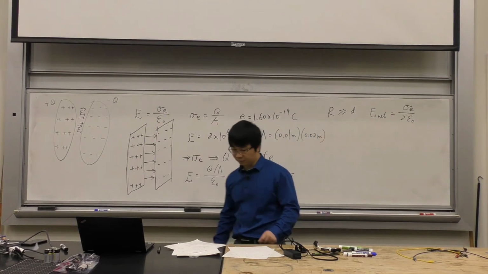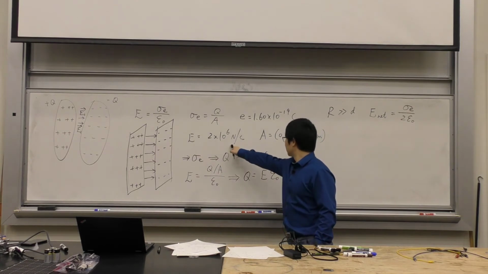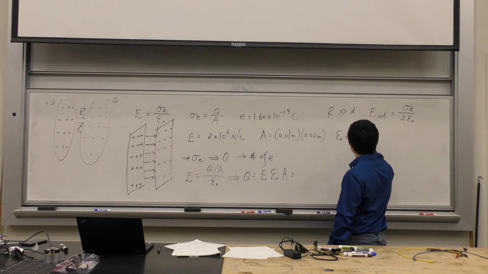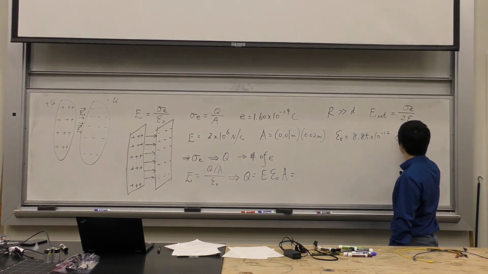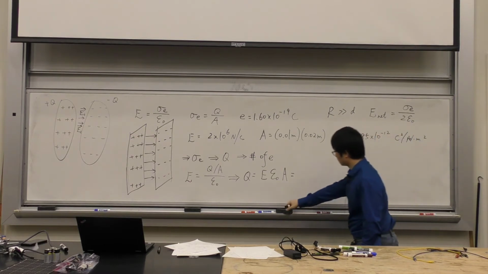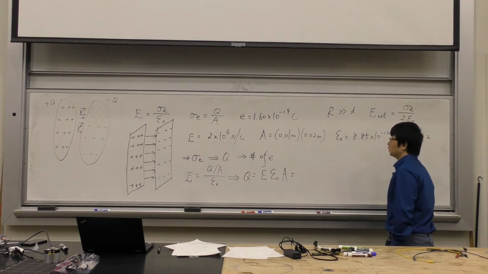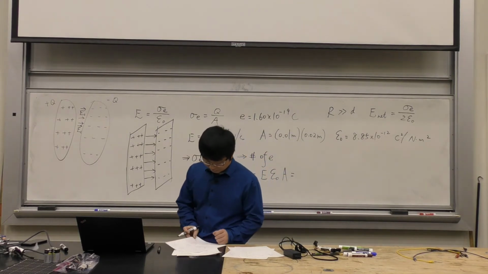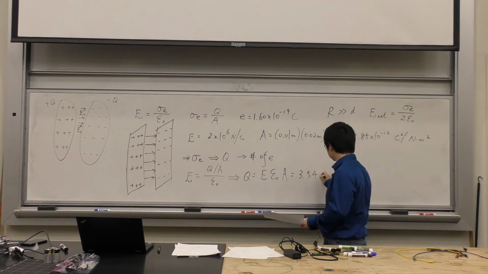That's the area, because you're given the length and width. And E is the electric field you want, and epsilon naught is a constant. Then you put all the numbers in, and you should get the charge. That's only the charge you need